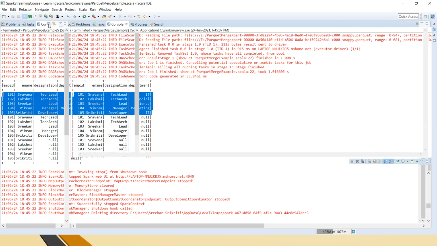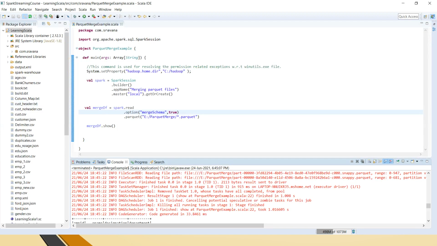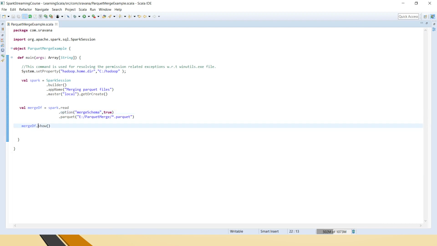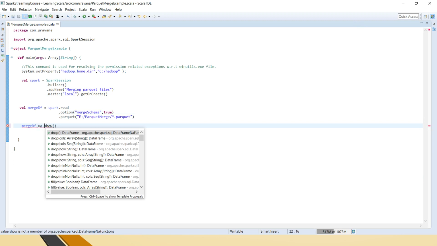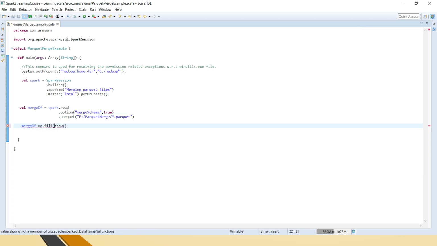Now if you don't want to have this null, you can substitute null with any other string using this option. I am simply saying, if you want, maybe put 'old' or something, or maybe you can put the date as well, which depicts that it is from older files.